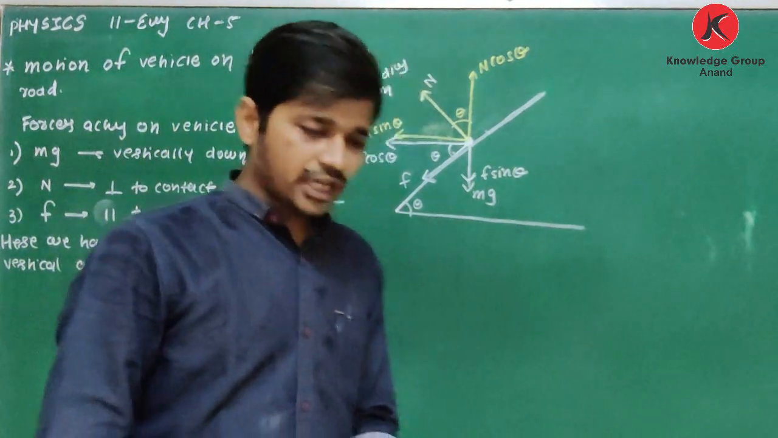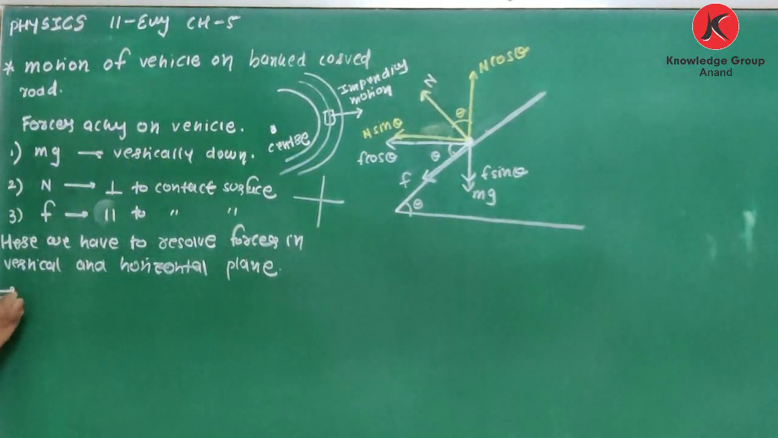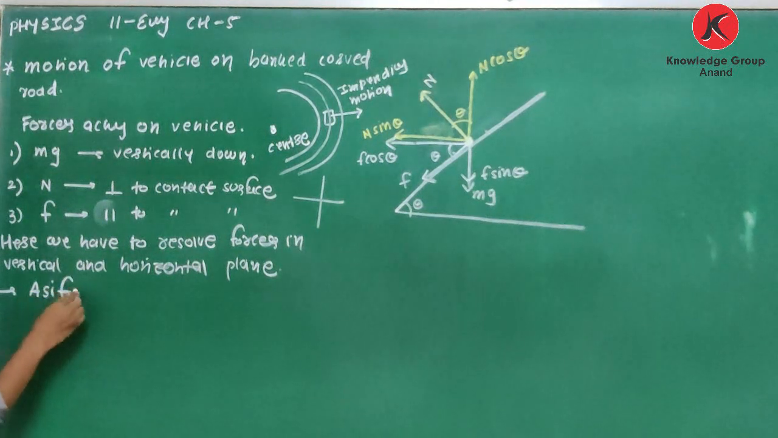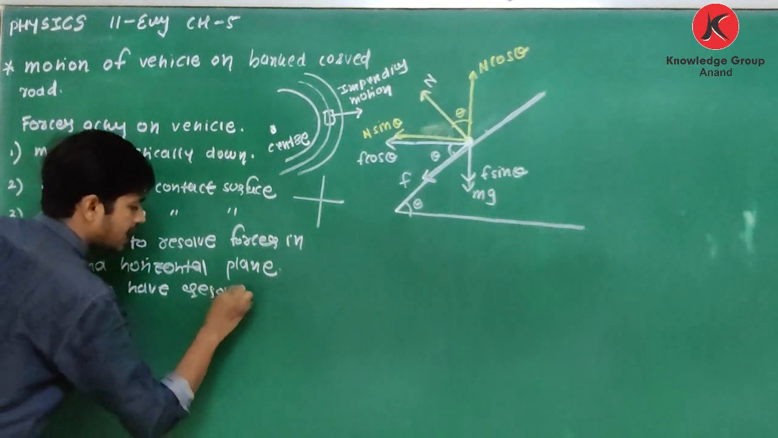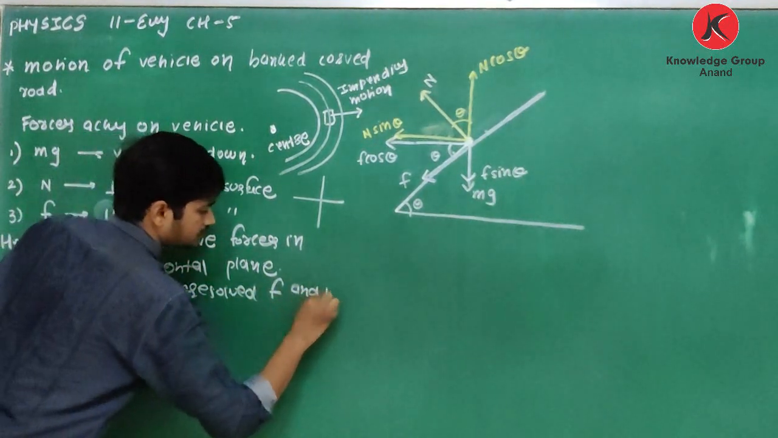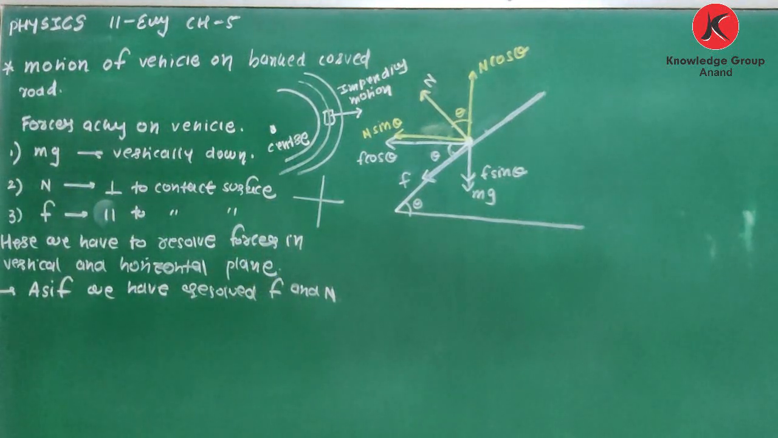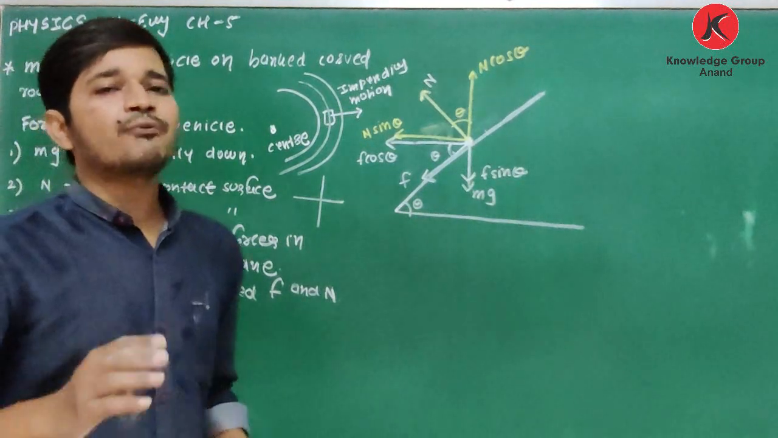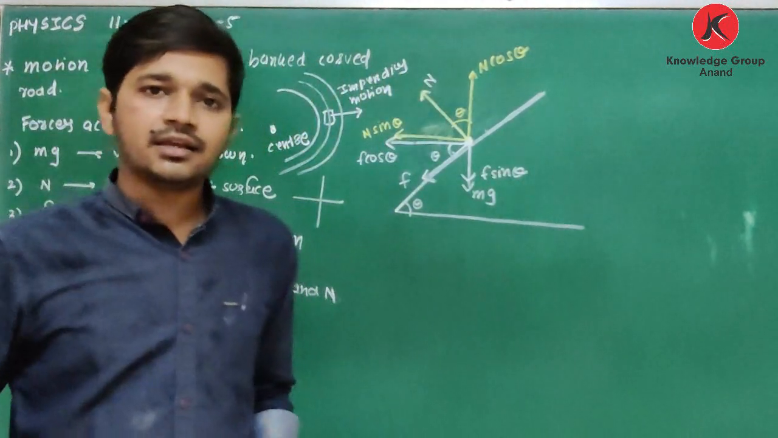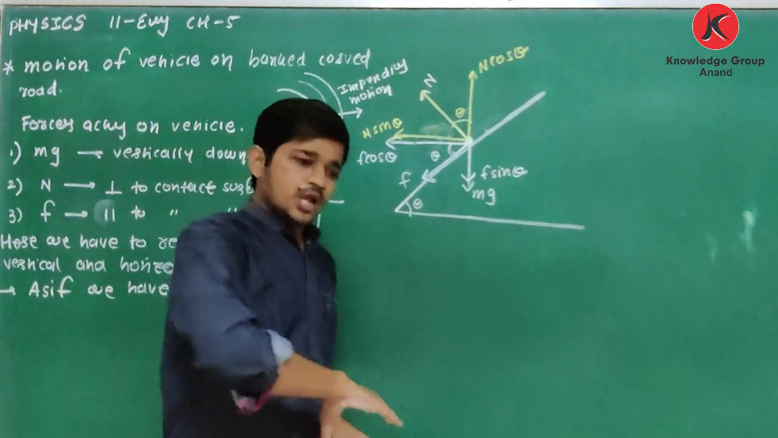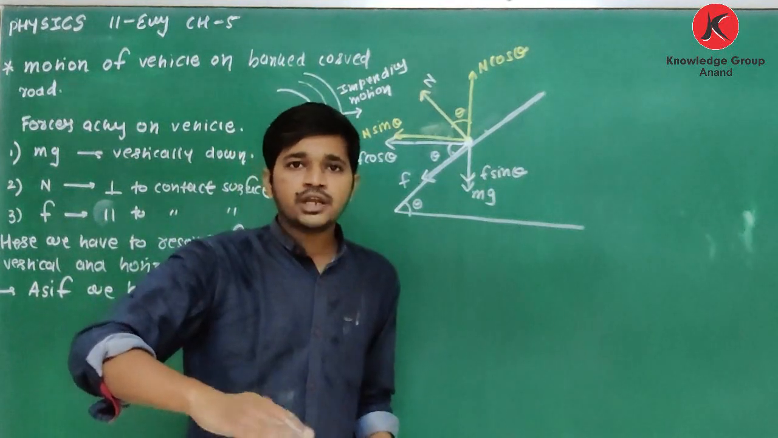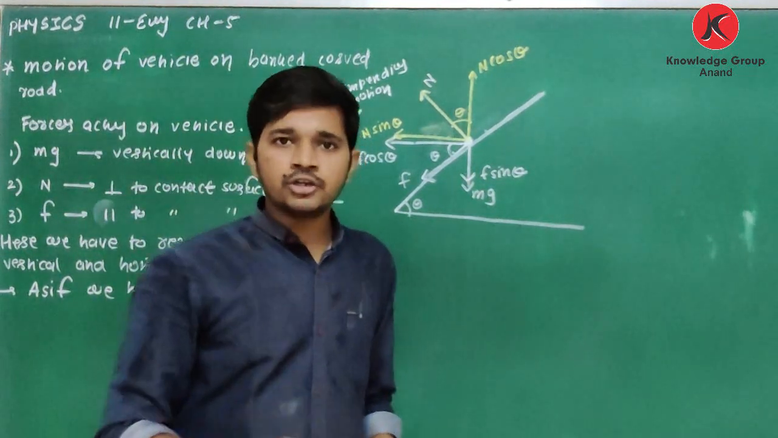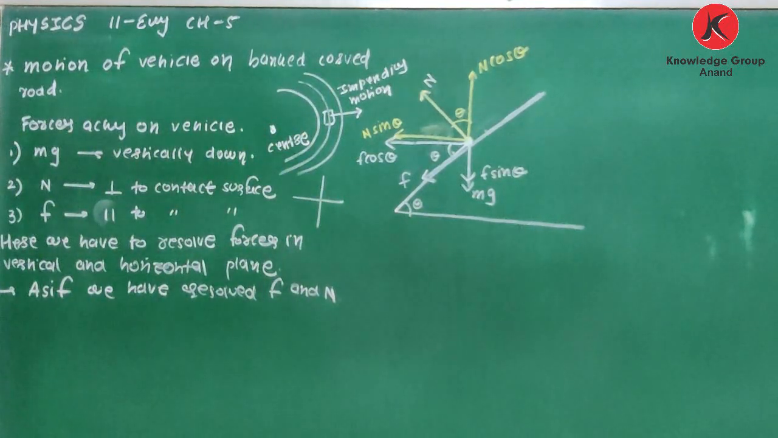Clear about this? Okay. So yes, see how to write. As shown in the figure, we have resolved F and N. Now see here, as the vehicle is not performing any motion in the vertical plane. Whenever you are moving on road, the vehicle is moving in the horizontal plane. Yes or no? On road, it is not moving up or down. So yes, we can say